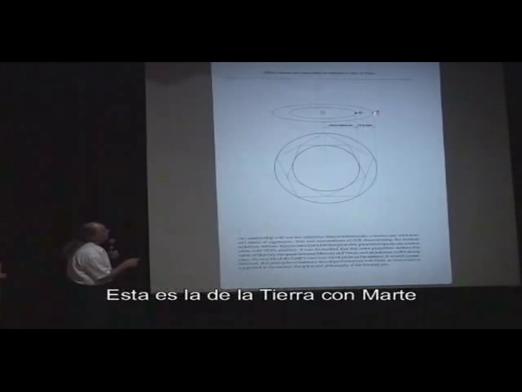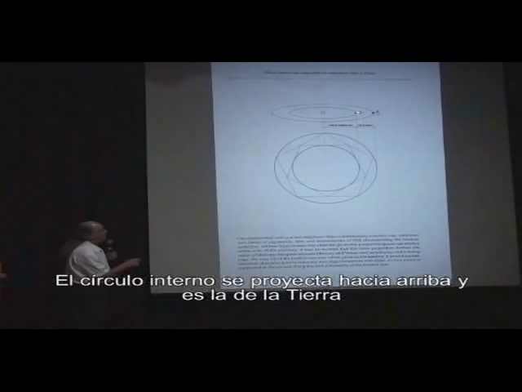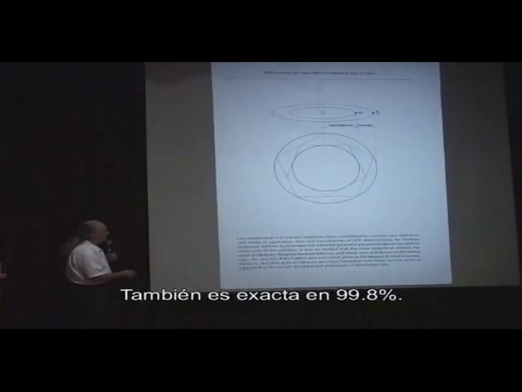Earth and Mars. Really simple. Just draw a 5-pointed star down and 1 pointed up. The inner circle goes up and is the orbit of Mars relative to the Sun. The outer one, of the Earth. And the outer one becomes the orbit of Mars. And it also is